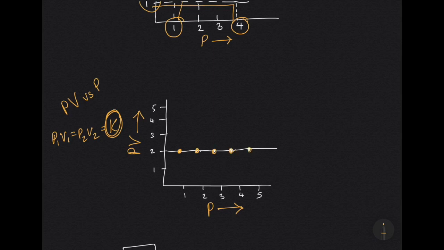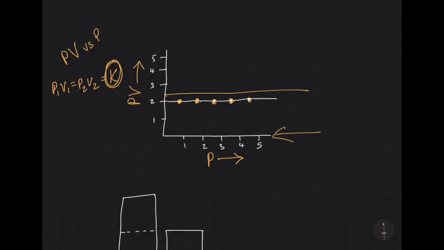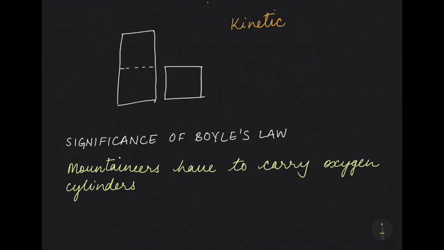So what type of a curve will you get? You will get a straight line which is parallel to the pressure axis. Okay. Now moving on to the explanation of Boyle's law in terms of the molecular motion, that is the kinetic